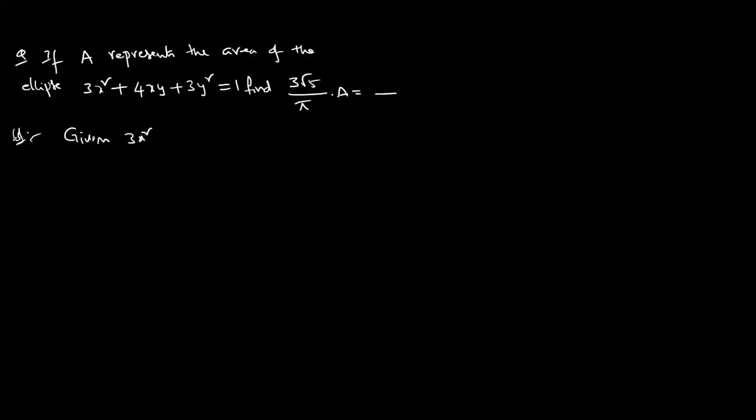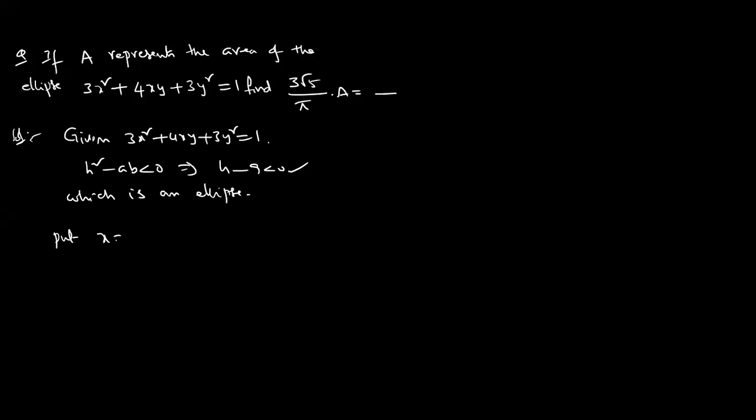Given. Okay, so clear. So h square minus ab less than 0, satisfying or not? Clearly satisfying. Yes, satisfied, so which is an ellipse. So dear students, now how do you proceed? These type of models, every time put x is equal to r cos theta, y is equal to r sin theta. Pawan is asking, sir, this is the parametric form of circles, no? Then why are you taking? Yes, ellipse becomes a circle when it is possible.